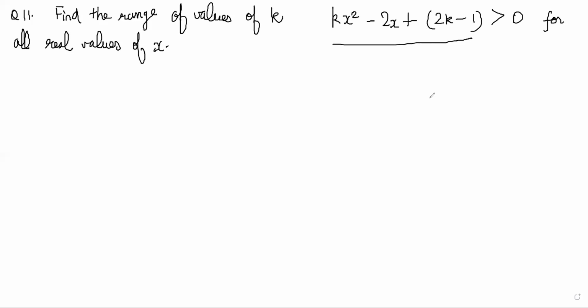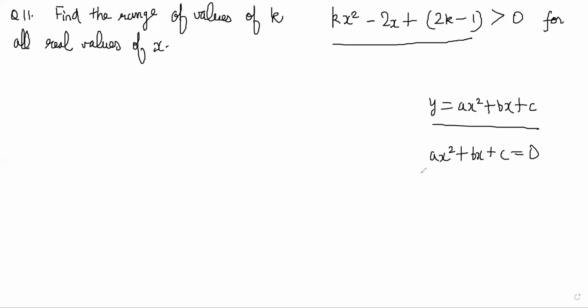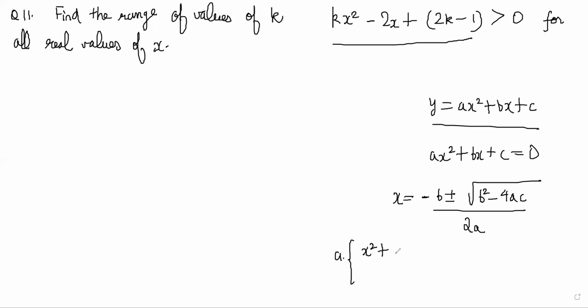So if you have a quadratic, something like this is a quadratic polynomial. If you make an equation out of it, ax square plus bx plus c is equal to 0, right? So we know how to get roots of this equation, right? Roots have a simple formula, and I hope you know how the formula comes also. You have to complete the square, okay? So a common, x square plus b by ax plus c by a, and this part you have to complete the square and you will get it, right? You know this.